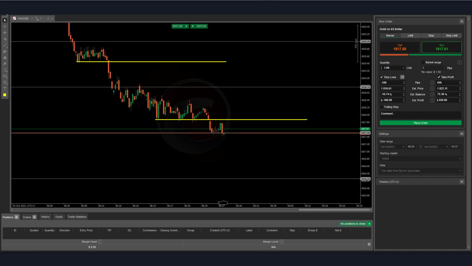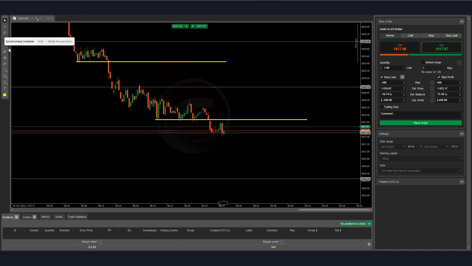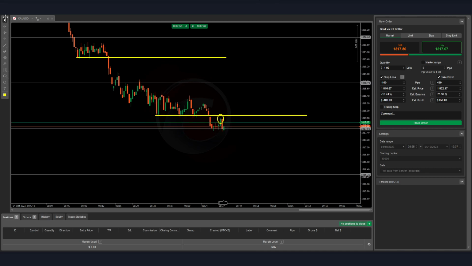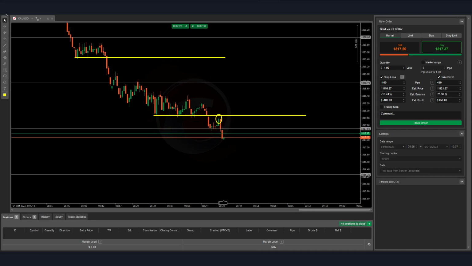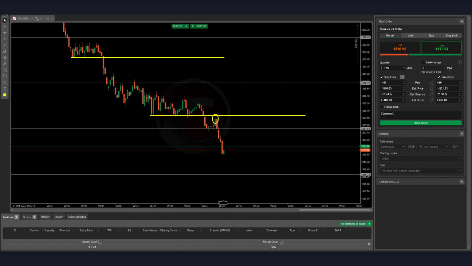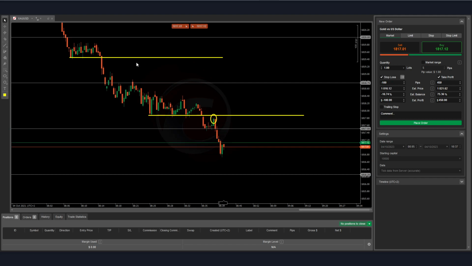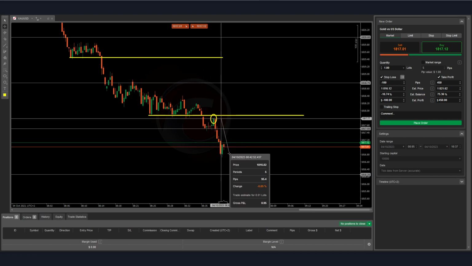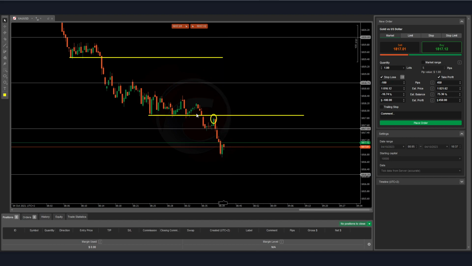Okay, this one would have been a perfect entry that I actually missed because it was going too fast. And it would be this entry. I'm not sure if there is enough volume for us to continue lower. Looks like it. Yeah, as you can see, we missed this entry. Now we are like 10 pips in profits. So if we had taken the entry, we would be over here, basically already risk-free,